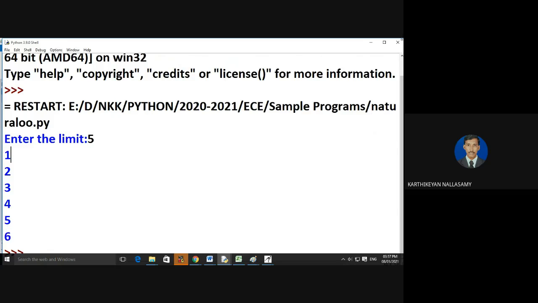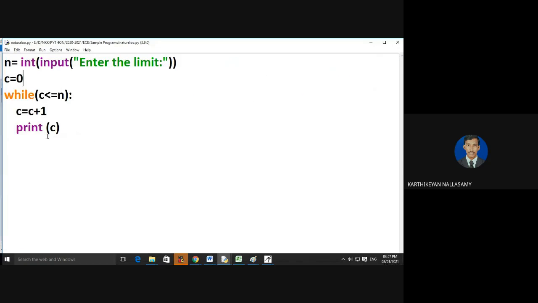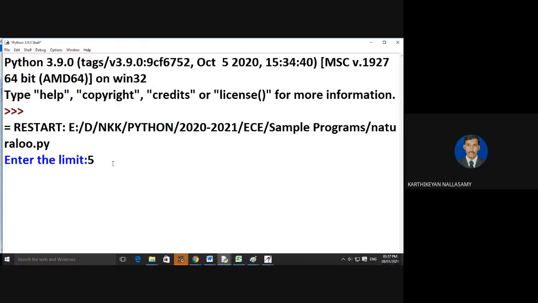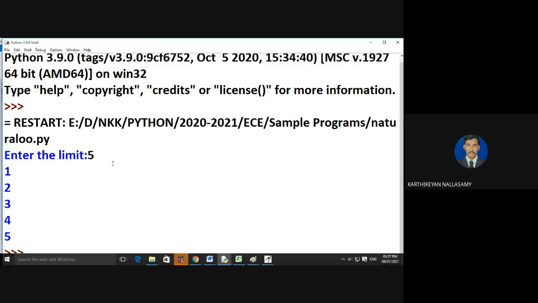It means that the loop is executed one more time extra, so I need to control it with less than. So I'm going to change this now. I'm going to give 5, so it will work for 5: 0, 1, 2, 3, 4, 5. So this is the way we should